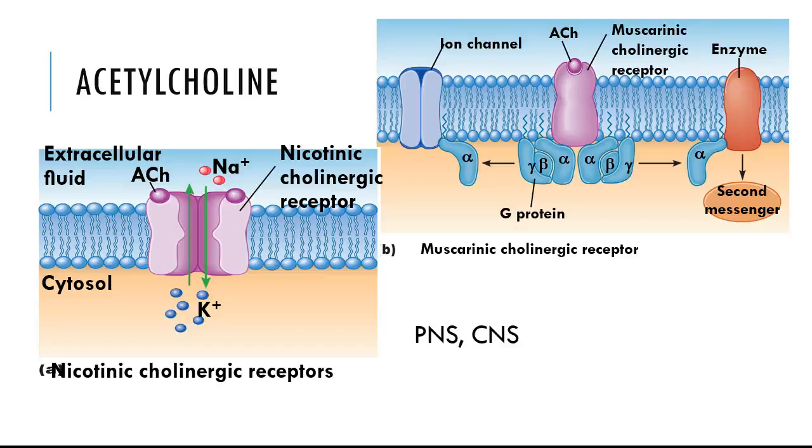Another note that I have here: acetylcholine is used certainly in the peripheral nervous system. We gave 3 tissue examples over there, but it's also important in the central nervous system as well. So it's throughout the body you would find acetylcholine used. Because it's used in the peripheral nervous system, that's why we're taking so much time to talk about it. We're going to see it again later in the rest of the body.